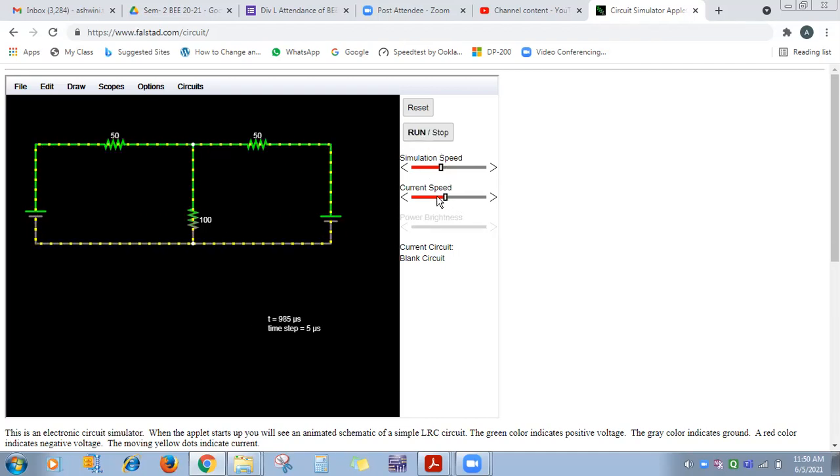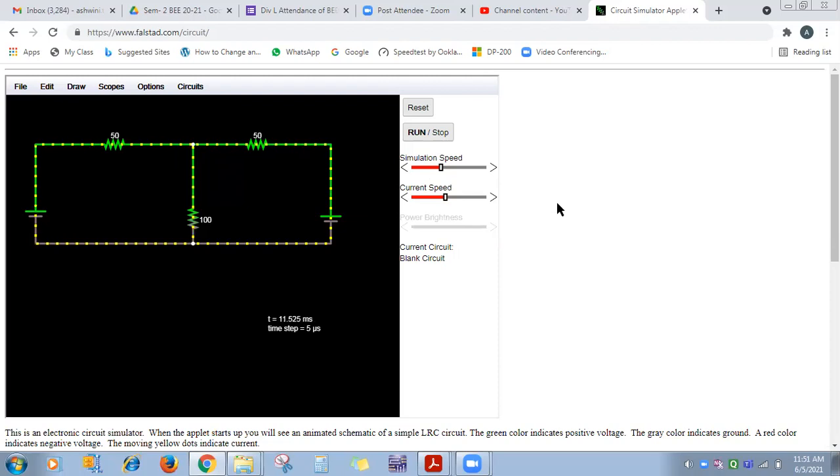Current speed means what? All of you can see, maybe it is visible to all of you, that dots are moving in the circuits. Can everyone see the dots? Yellow color dots. It is showing you the conventional direction of flow of current through those resistances.